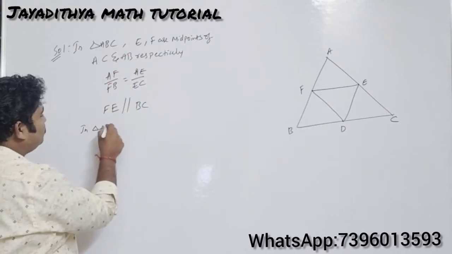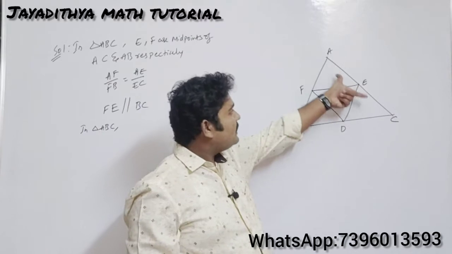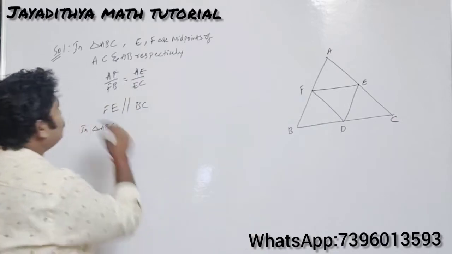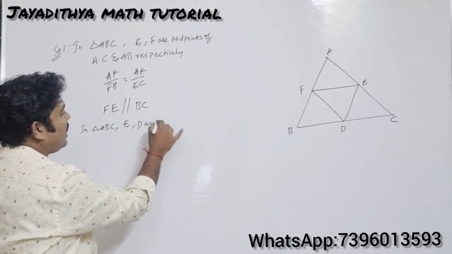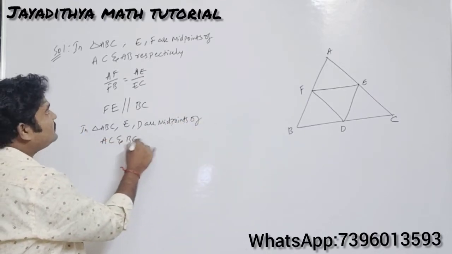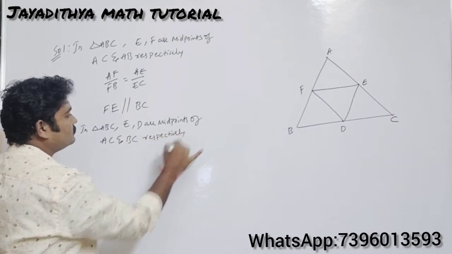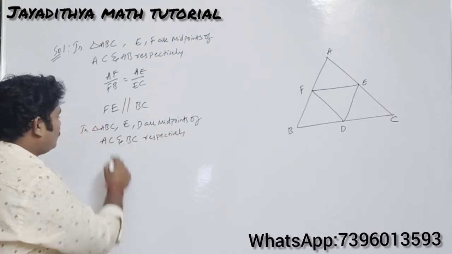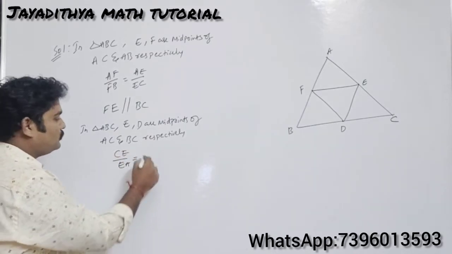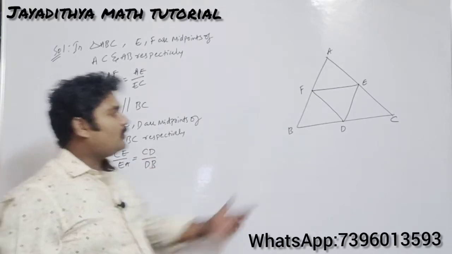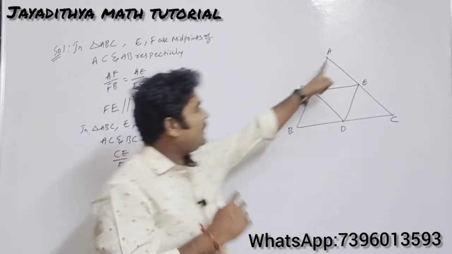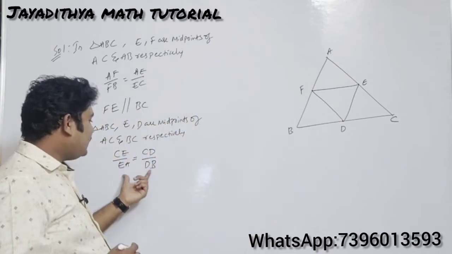In triangle ABC, same, but here we will be taking the other two sides now. AC and BC you need to take now. So E is the midpoint of AC and D is the midpoint of BC. So write that statement here: E comma D are midpoints of AC and BC respectively. So what happens here? Again you can write it as CE by EA will be equals to CD by DB. So here this is the midpoint, right? CD will be equals to BD. So if you cancel this one, CD by DB will be 1, and AE by EC already we have done it, that will be 1 again. So again these two will be equal.